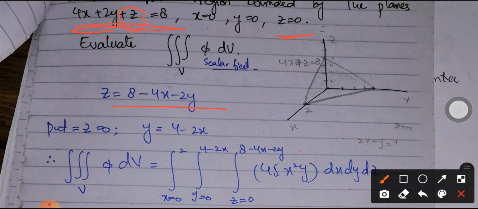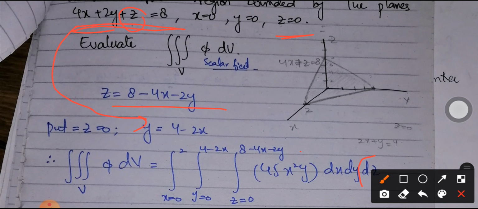Now come to the second variable. It's again up to you: you can define y in terms of x or x in terms of y. But to check the relation between x and y, we have to be in the xy plane, because when we integrate with respect to z, z is eliminated. So we have to put z is equal to 0 in this equation, so that we have an equation defining x and y, or an equation defining a plane lying in the xy plane.